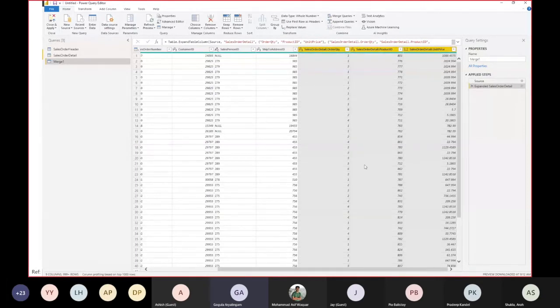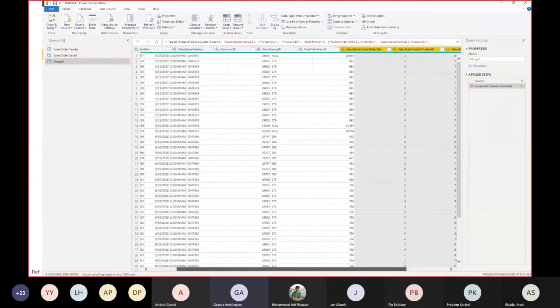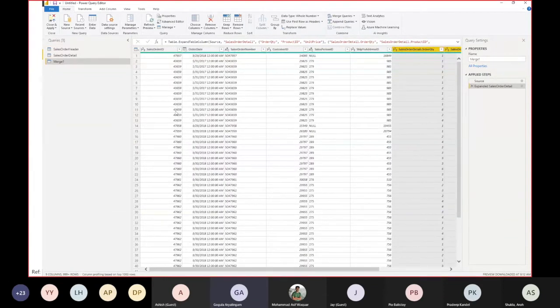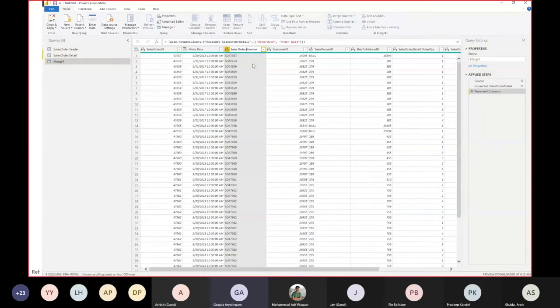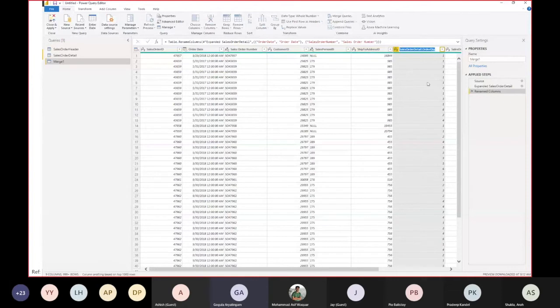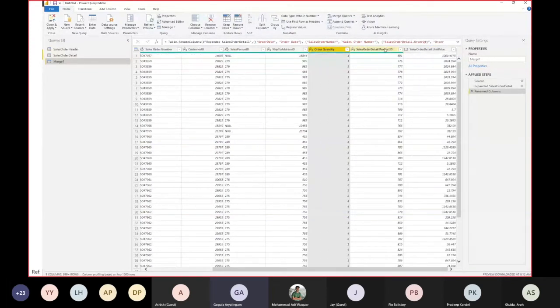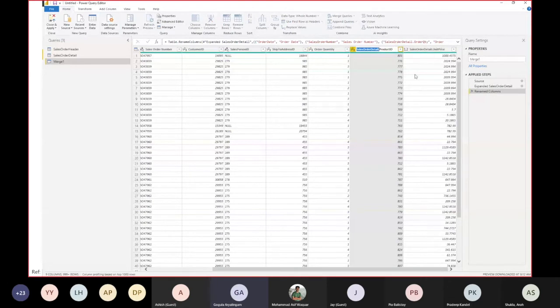And another thing we usually forget to do or don't bother about is the naming conventions. Naming conventions in Power BI in a semantic model or a data model that is going to be sent to the business users has to be named appropriately so that they can understand what's going on here and what each column means. Even if there are spaces, it's always nice to have it named in a way that an end user can easily understand. So I'll just call this order quantity, and not have any cryptic names and not have shortened names. It's always good to have names that are full